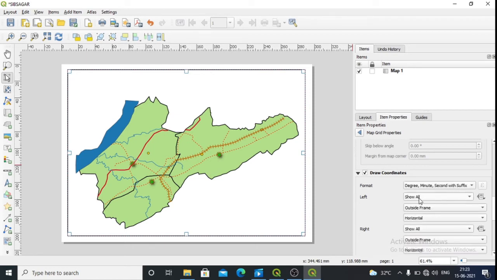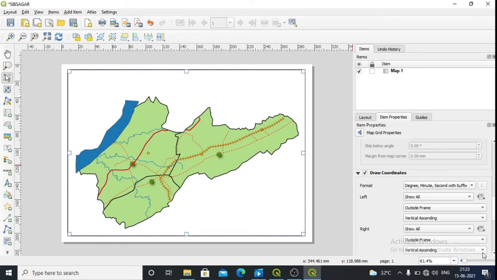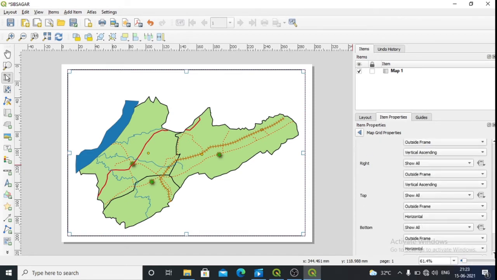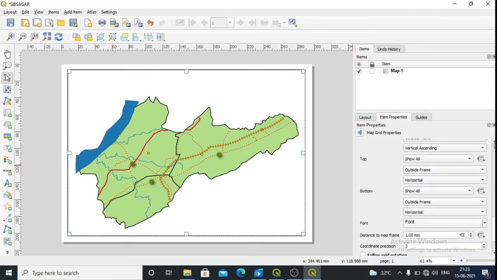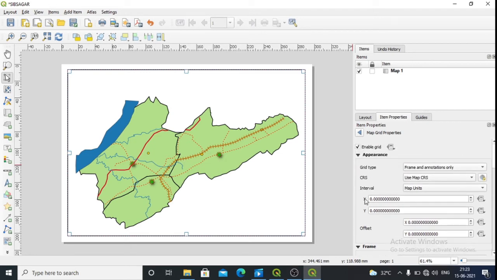Then the left one has to be vertical ascending, right one should be vertical ascending. Top and everything is okay. Now let me add the interval. Suppose I want a 5-degree interval. With a 5-degree interval you only have a few lines, so that means you have to decrease the interval size. Suppose 1 degree.